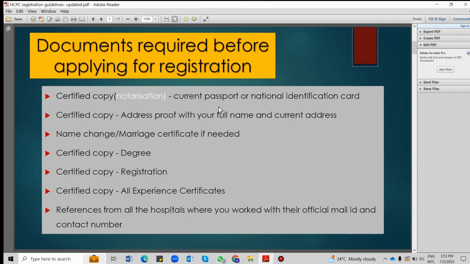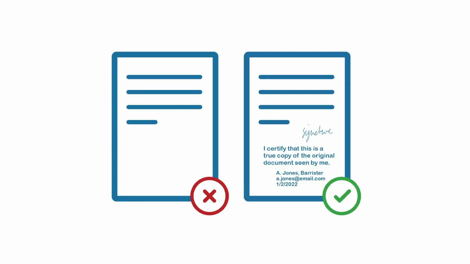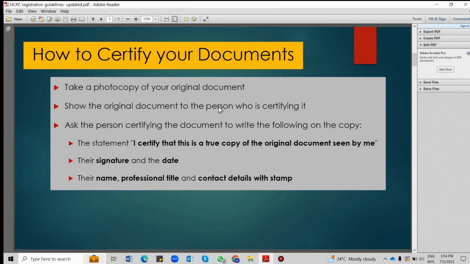Here the documents need to be certified. Certified means that you need to notarize the document. And the question is how you need to notarize the document. You can see on the second slide how you have to certify the documents. So please make sure that the person who is certifying the documents also mentions the above-mentioned statement. Apart from this, please also see an image in which you can find out how the person needs to mention the statement. So that's completely for your reference.